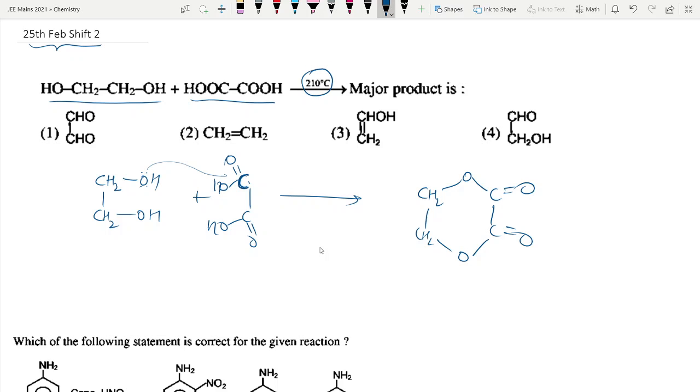High temperature, a very important tip. High temperature could mean that any reaction in which a molecule is decomposing will get more favored, because delta G is equal to delta H minus T delta S. So processes with delta S positive at high temperature will tend to have more negative delta G, so they will become spontaneous. And it's very obvious whenever you heat something it tends to decompose, right? So yes, I would like to go with a product which is decomposed, and if this thing decomposes,